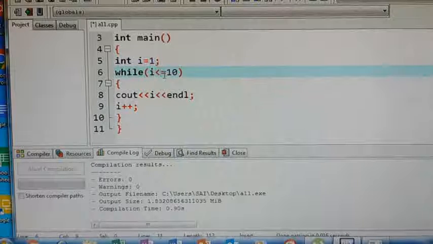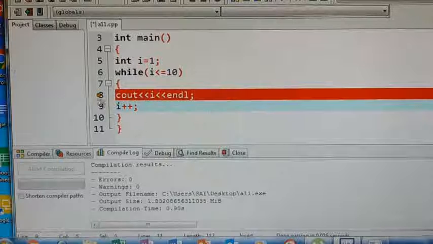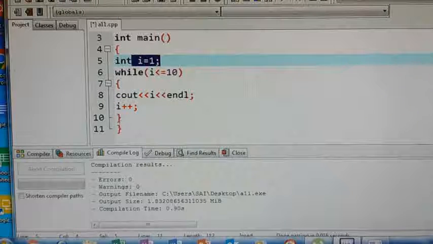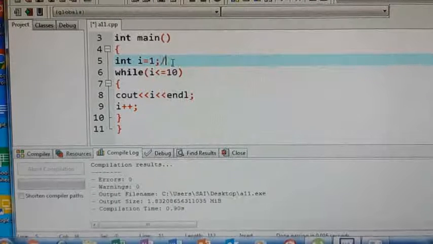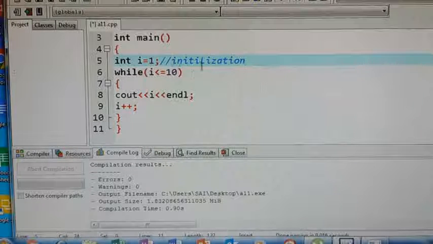First it will check the condition. If the condition is true, only then whatever statements are there in the body of the loop will be executed. Okay, so here there are 3 main things you have to pass. What is the starting value? Actually these loops are used to print values up to a given range. For example, if you want to print the numbers from 1 to 10, what is the starting value? 1. So this is called initialization, which means a starting value.